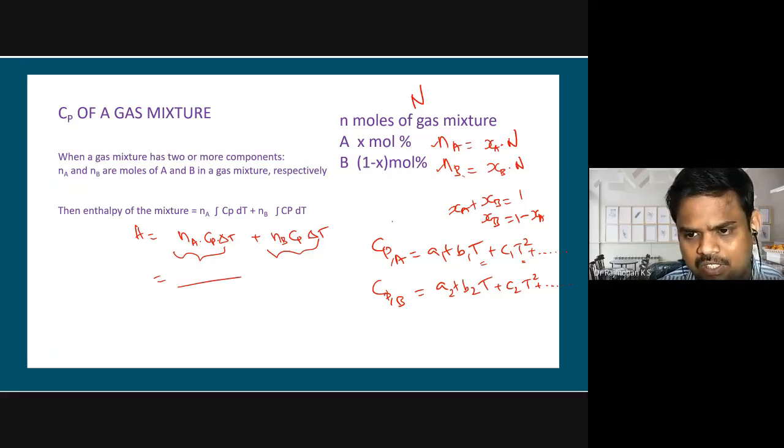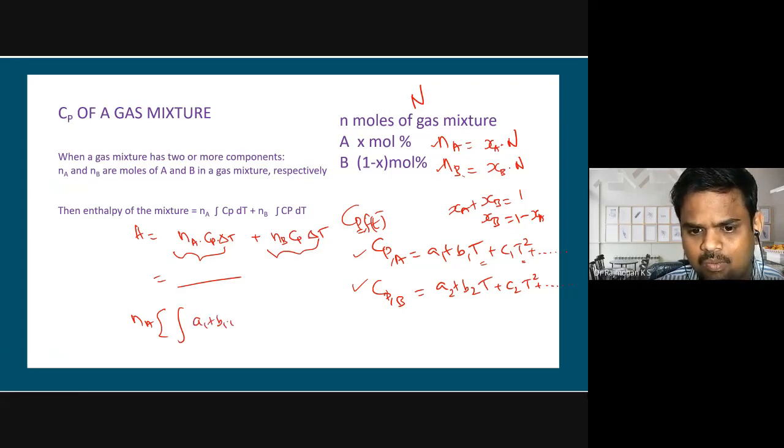But if Cp is given as a function of temperature, then we have to substitute it in the equation. That is Na multiplied by the integral